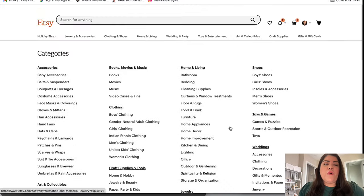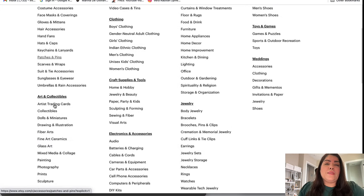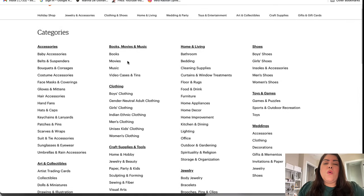So this is great for market research. This is great for when you're shopping for something. This is great to get a refresher of what's allowed to sell on Etsy, and also to see if you get any new ideas for any new stores or if you're adding new